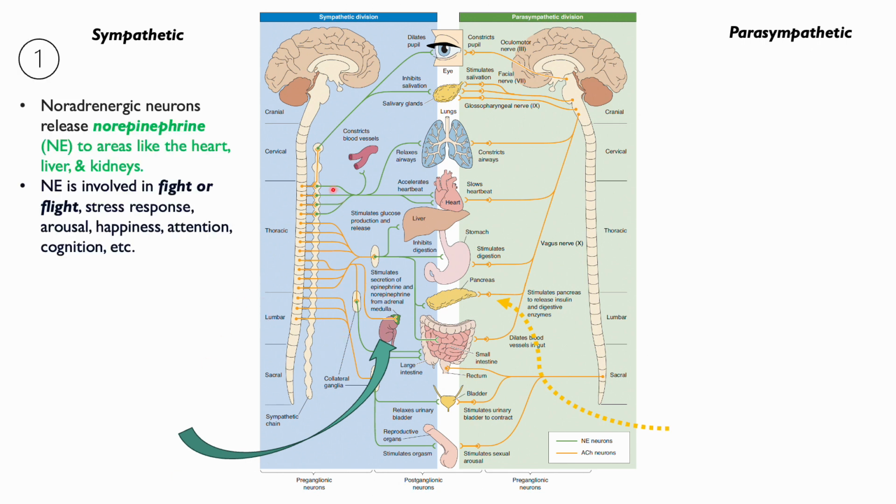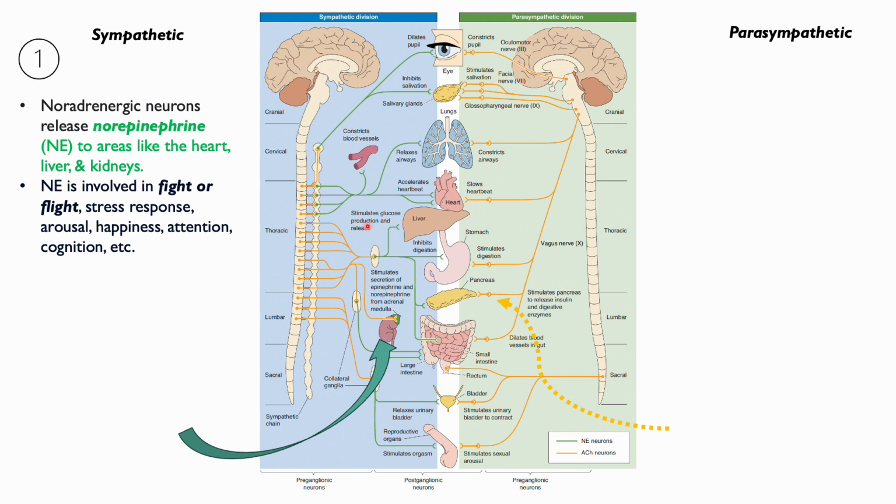So first, all of these neurons here that are labeled green, these long axons that are projecting to all of these different areas, are noradrenergic neurons. So remember that these are neurons that are largely producing and secreting norepinephrine. These neurons can synapse into areas like the heart, the liver, and the kidneys. And so norepinephrine is involved in our fight or flight response, but I want to note that the sympathetic nervous system isn't just involved in the fight or flight response. This is an easy way for us to understand how this system works,